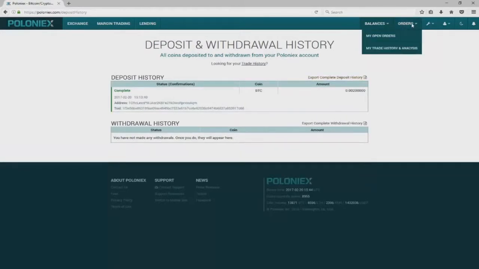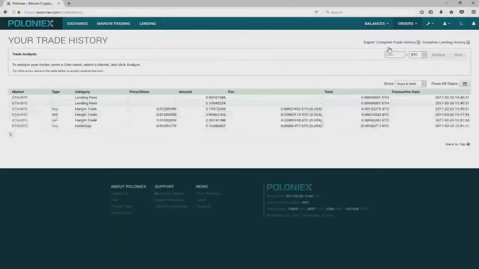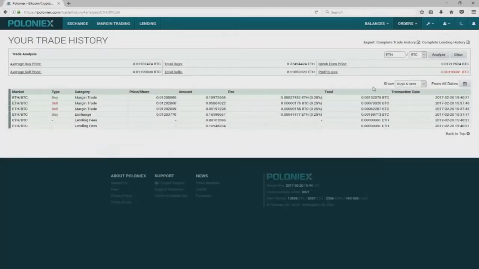I can look at trade history and analysis. So it'll just show me all the trades that I just took. And it'll show you all your trades. So if you need to calculate, you can look at it by dates and you can add your coin and such. So if I were to look at Ethereum and analyze, it's showing that I have a loss of